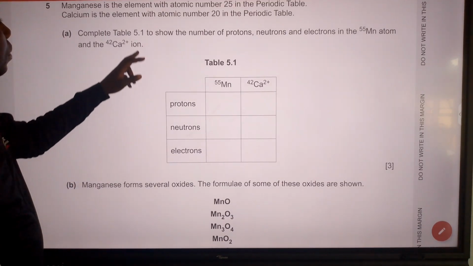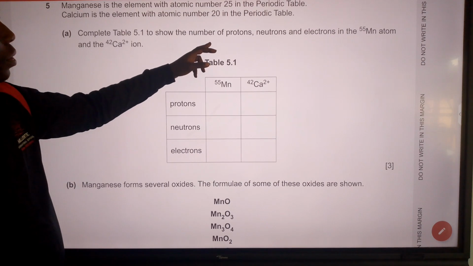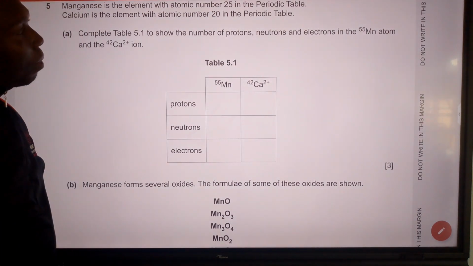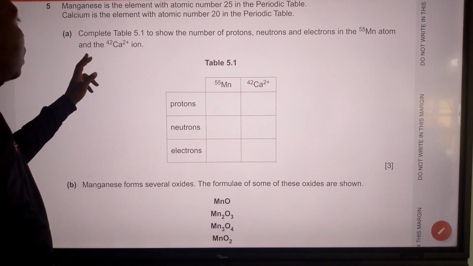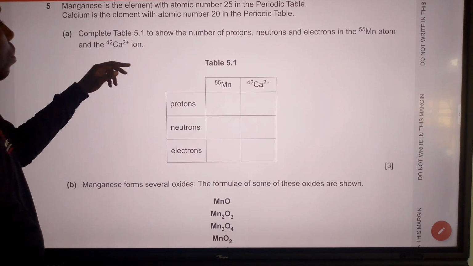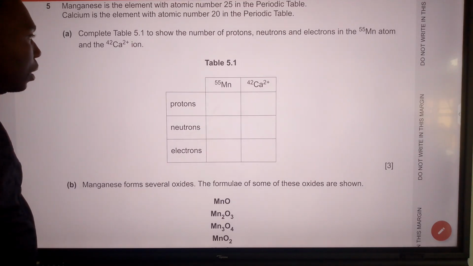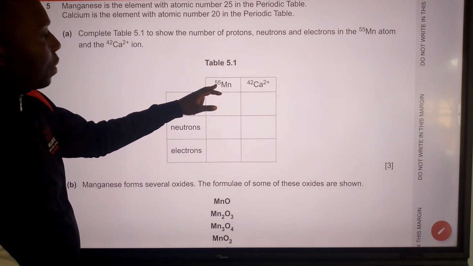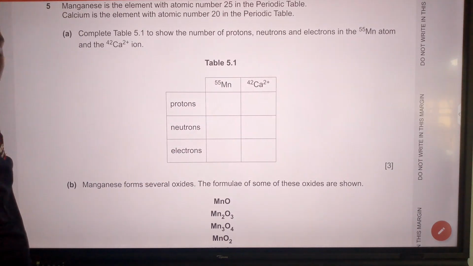Complete table 5.1 to show the number of protons, neutrons, and electrons in the manganese atom and the calcium 2+ ion. So the manganese, 55 manganese, from the periodic table,